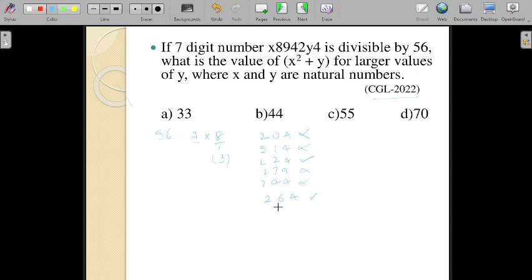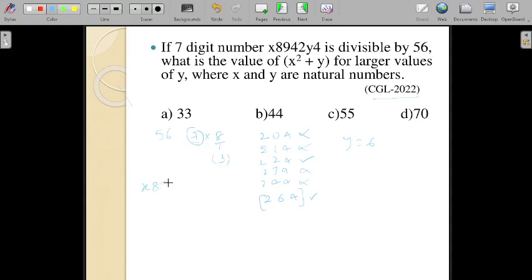264, yes. So 274, no. 284, no. 294, no. So here, since it satisfies the condition, y equal to 6. Okay, next thing is we need to divide this number by 7, then only we can get the value of x. Okay, so here